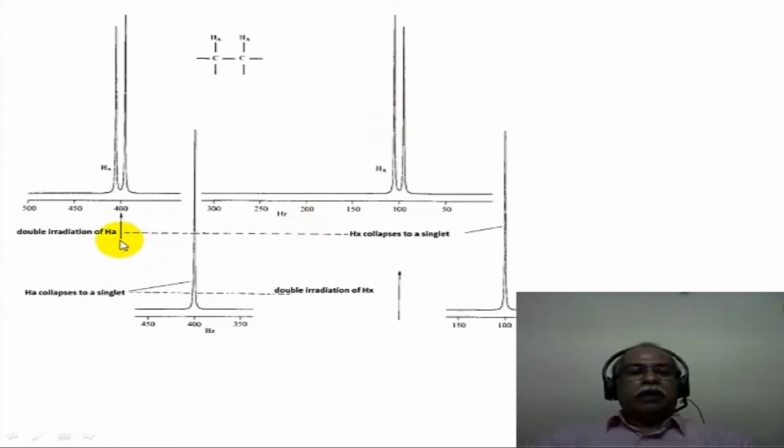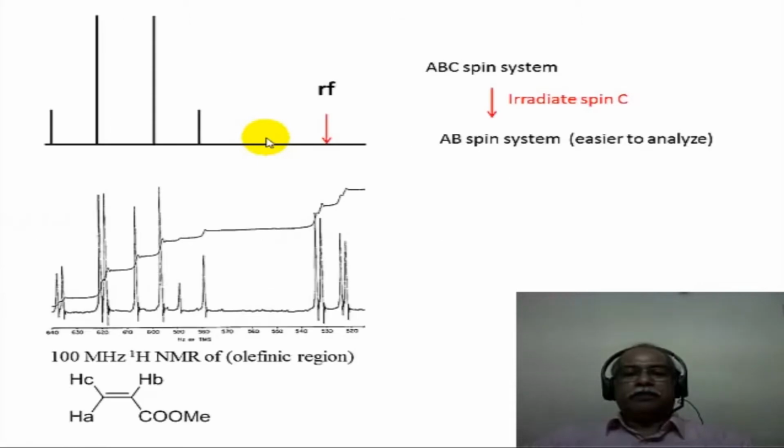Now, when a double irradiation frequency is applied to this particular signal here, that signal completely disappears and this signal collapses to a singlet. Similarly, if one applies a second radio frequency corresponding to this particular spin here, this hydrogen here, that signal collapses completely and this signal reduces to a singlet. So an AB quartet can essentially become a singlet spectrum when B is decoupled or A is decoupled. This is even more useful when you have an ABC spin system going to an AB kind of a spin